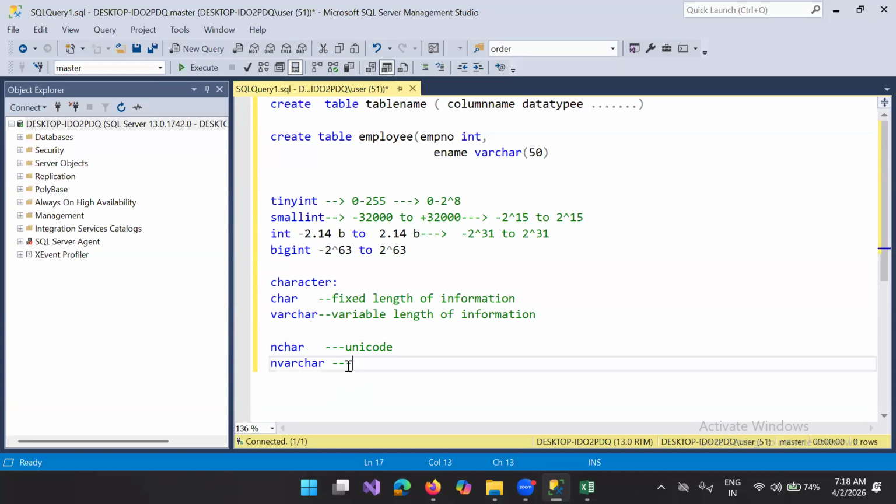This nchar and nvarchar will allow Unicode characters. Unicode characters are nothing but universal characters, like for inserting Japanese, Chinese, English, Telugu, any kind of language into the database, we can use Unicode characters. This